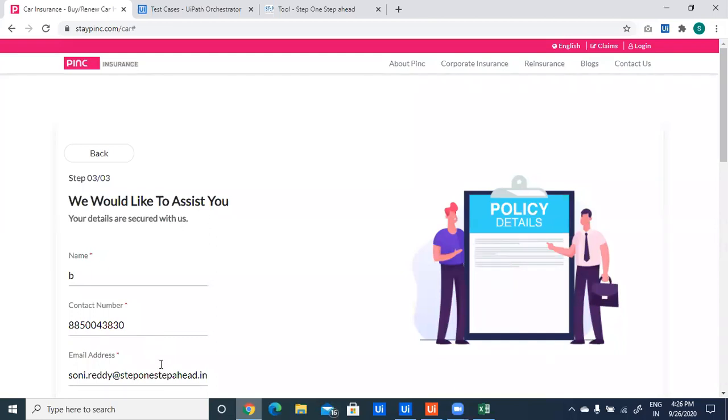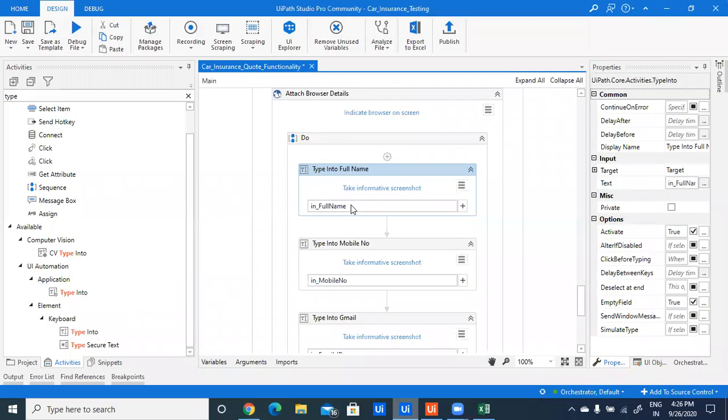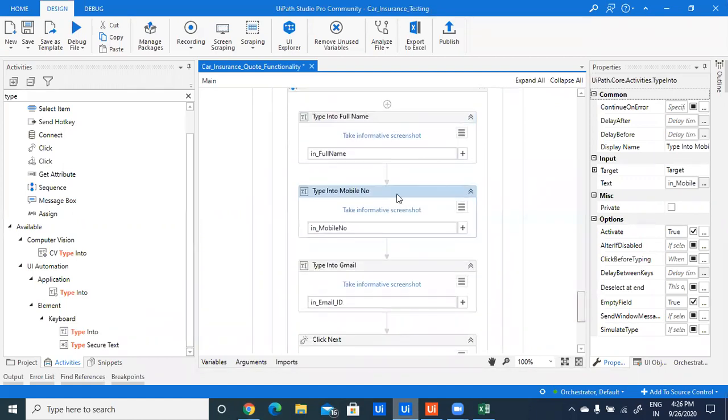For full name, I have used a type into activity with the argument full name, which will be read from our Excel sheet. The same type into activity is used for mobile number and for Gmail, and after that, click on next.